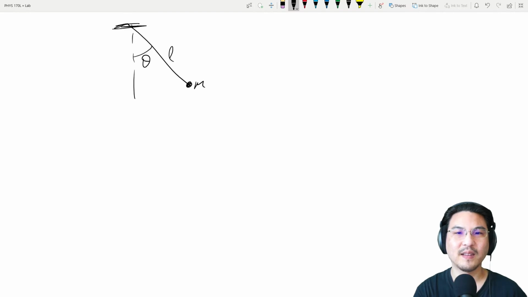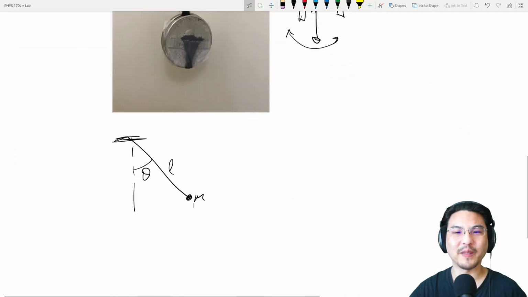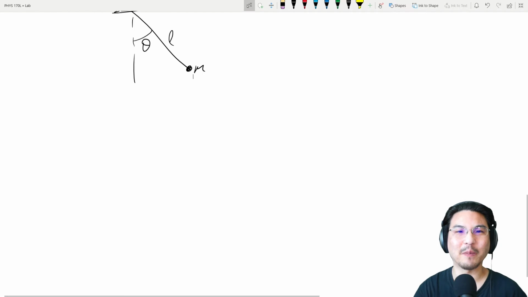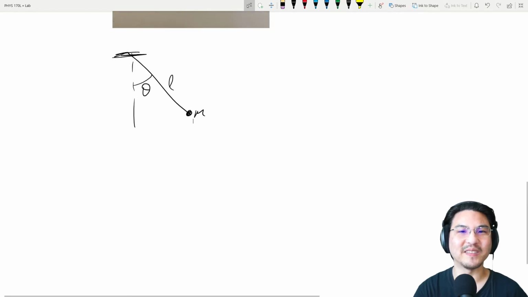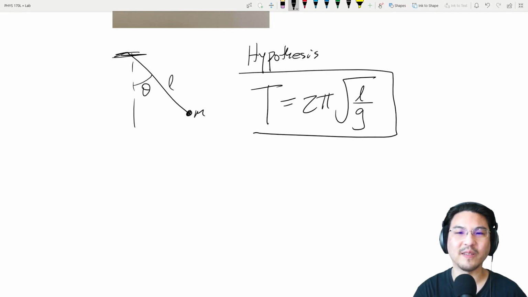But we want to stay below 10 degrees because here's our hypothesis. I'll just write it over here. Our hypothesis is the period is like this. Okay, so you can just save this